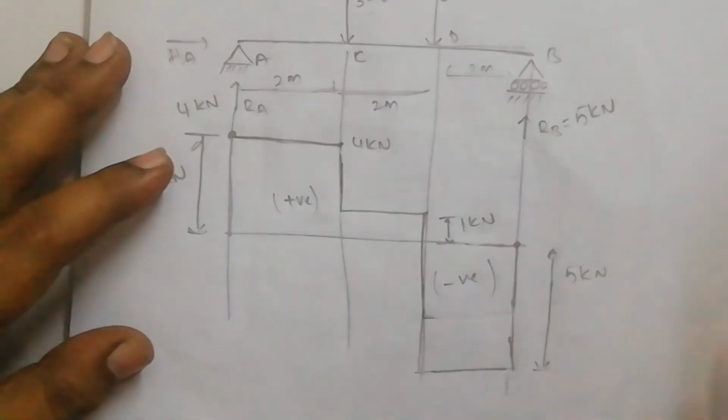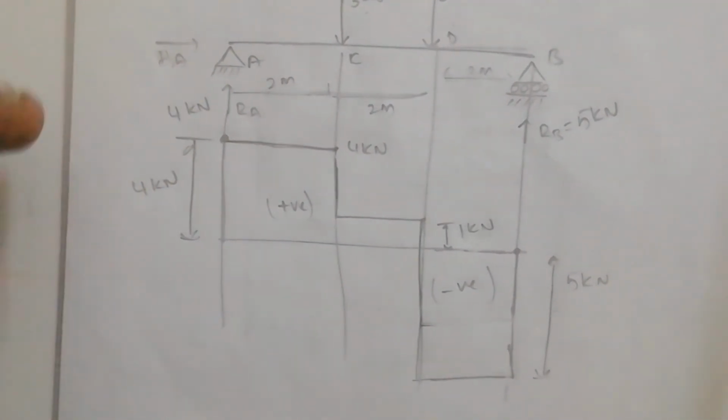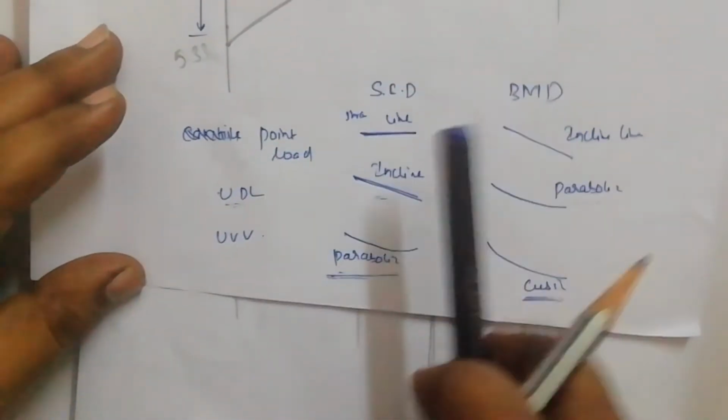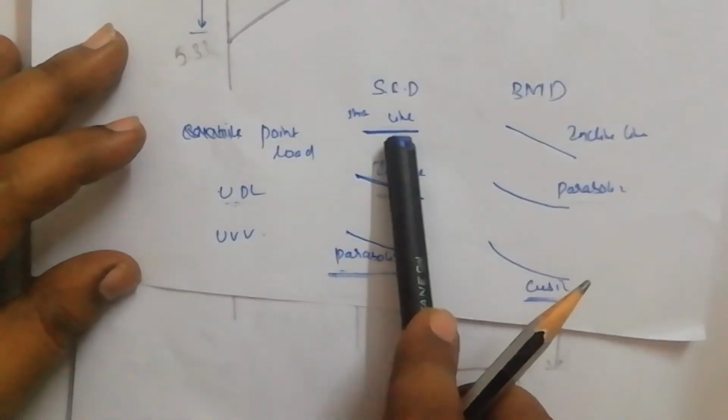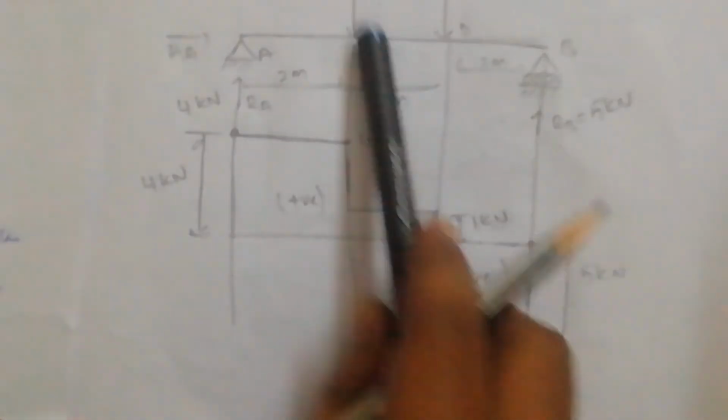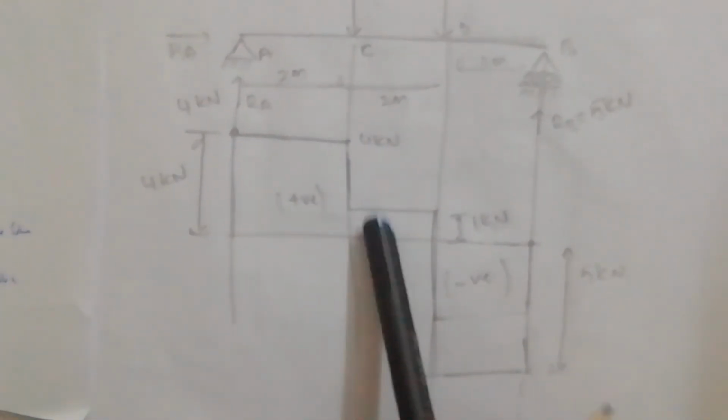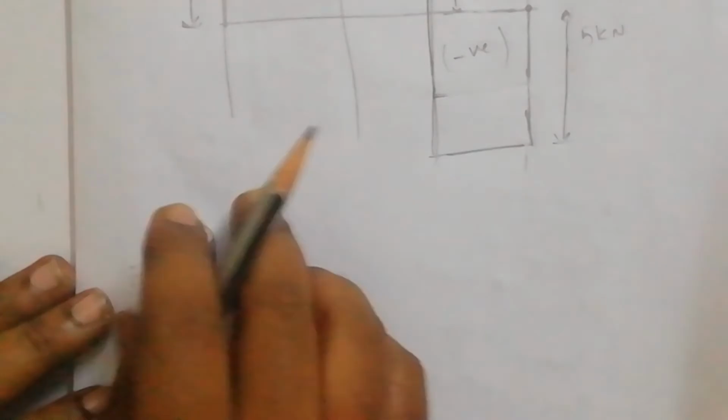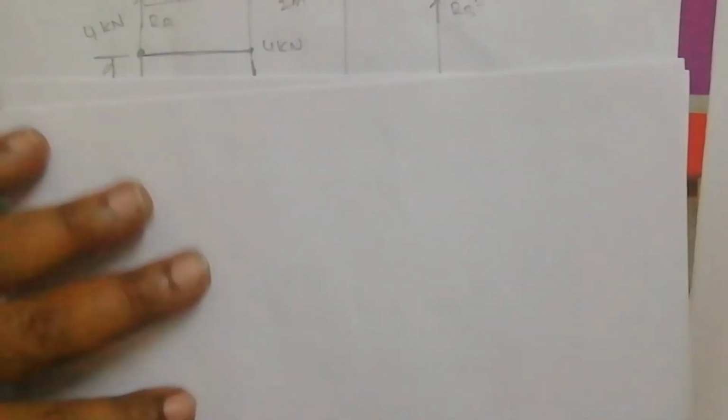As per the chart which you have prepared, if it is a point load, your shear force diagram should have straight lines. It is a point load, so we are getting only straight lines. So with this we can say that our diagram is correct. Once you are done with this, let us go for the bending moment calculation. As per the diagram, I will keep my diagram in front of me, so that you do not get confused while calculating the bending moment.